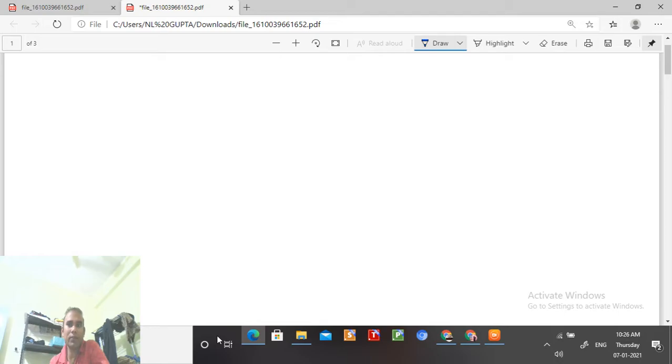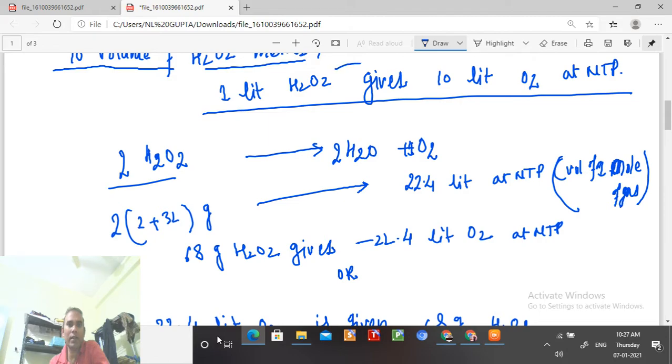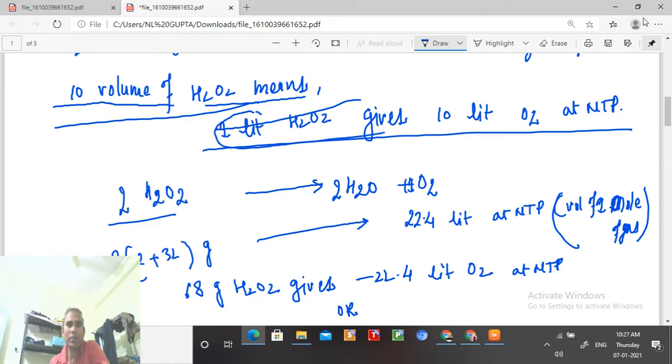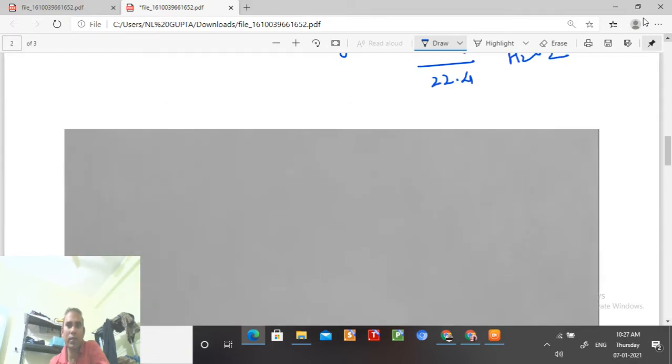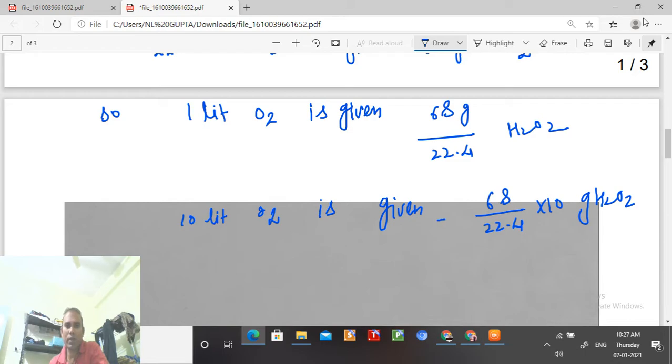Here I explained what the meaning of 10 volume H2O2 is: 1 liter H2O2 gives 10 liter O2. So we are calculating for 10 liter. 1 liter of O2 is given by 68 by 22.4 gram, so 10 liter O2 is given by 68 upon 22.4 multiplied by 10 gram H2O2. If you solve it out,